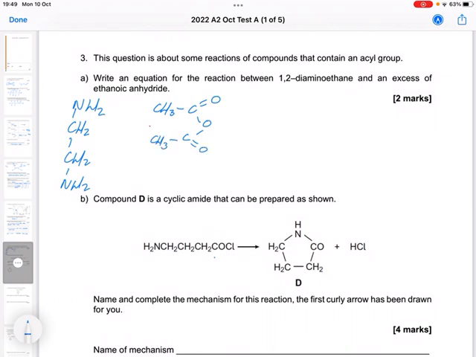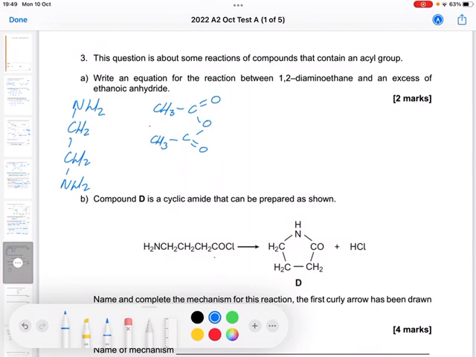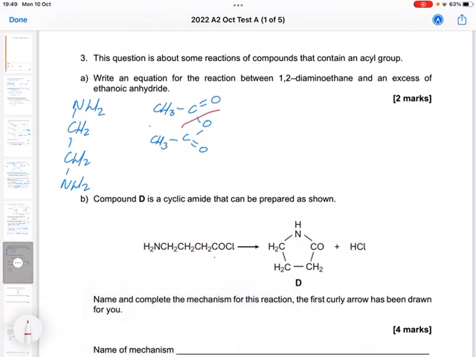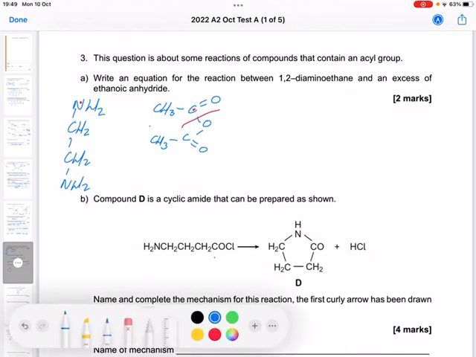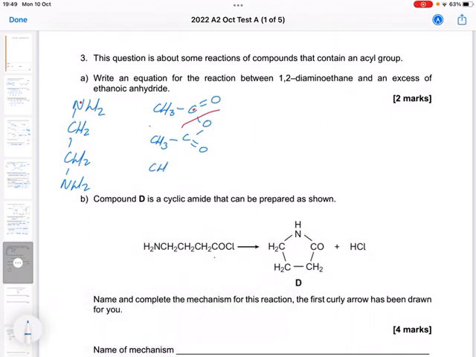Okay, so what we know with this is that we will cut along here. The carbon here will join to that nitrogen there, and then we'll lose one of the hydrogens off that nitrogen there. Now, the clue here is that there's an excess, and you've got a diamine. So this could, and does in fact, happen a second time. So CH3,